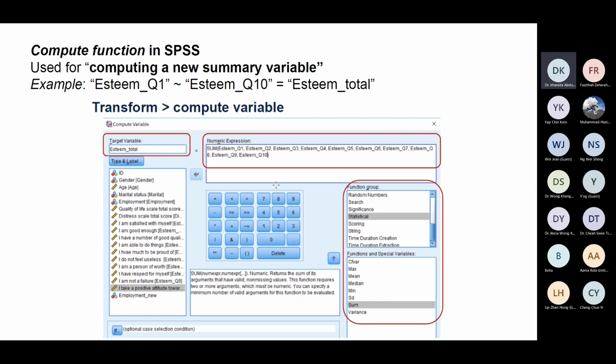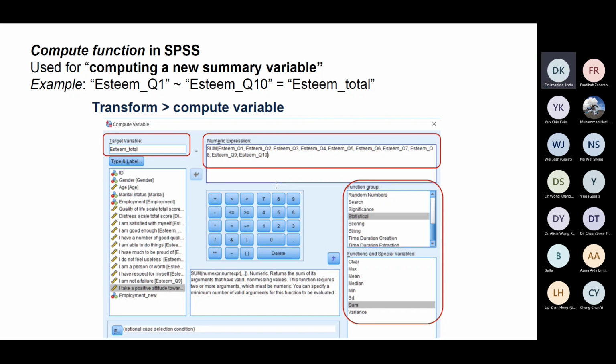Next is the way we compute our 3 or 5 questions into one. I will share these slides with you. My slides are not that comprehensive, but I believe for new beginners, I tried my best earlier to ensure that you can follow step by step, because I tried to show it in detail, and I hope it can help you.